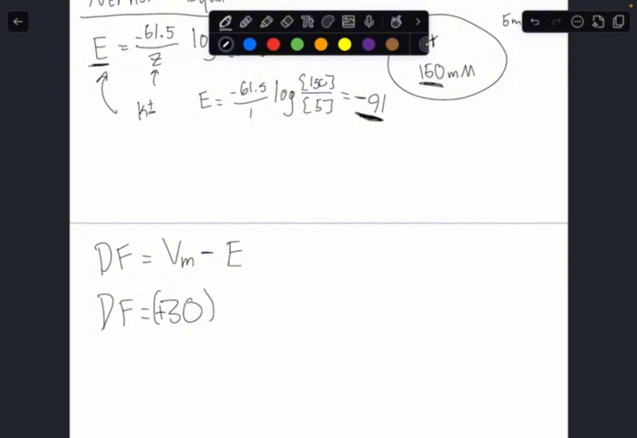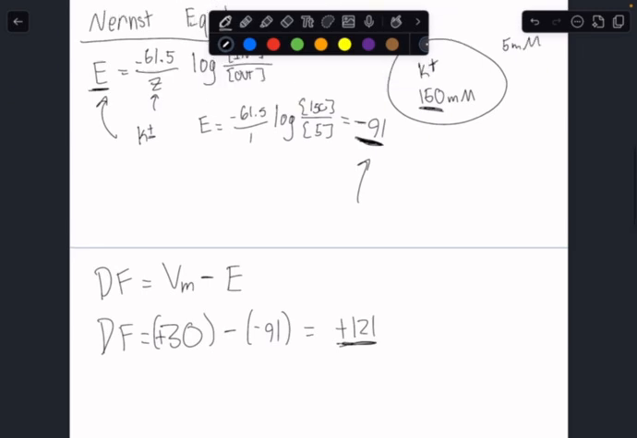So inside the cell, this is always talking about inside the cell. And then we have this here for potassium, so -91. This would give us a +121 on the inside of the cell. So this would be the driving force for potassium. It's kind of like the drive it has to move a certain way. Since potassium is positive, and the inside of the cell is going to be positive, potassium is going to want